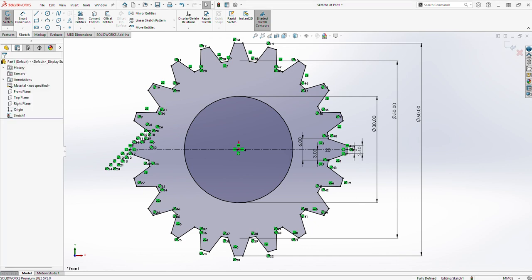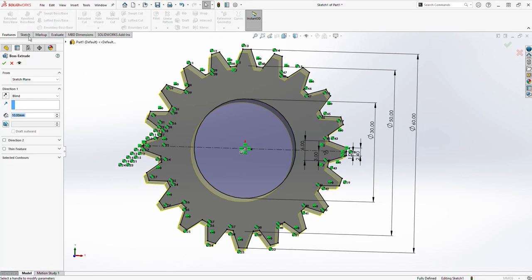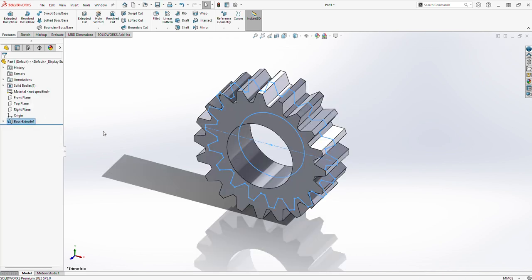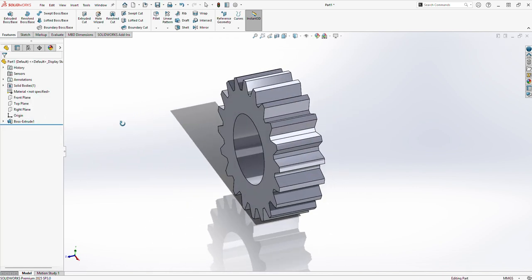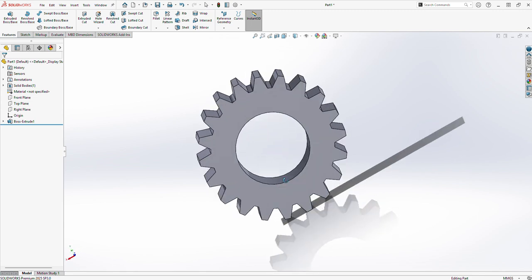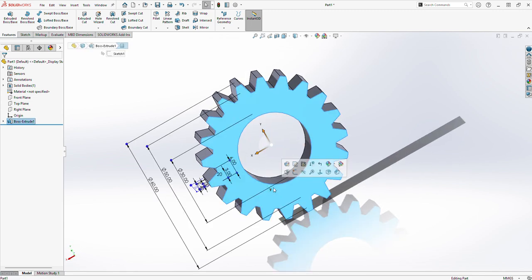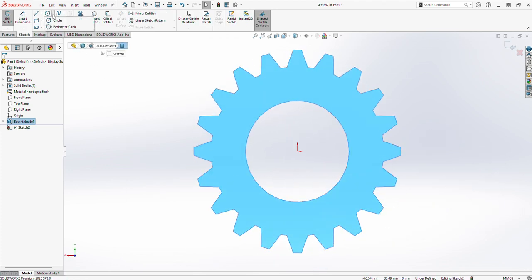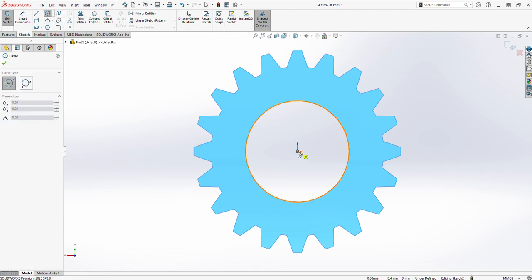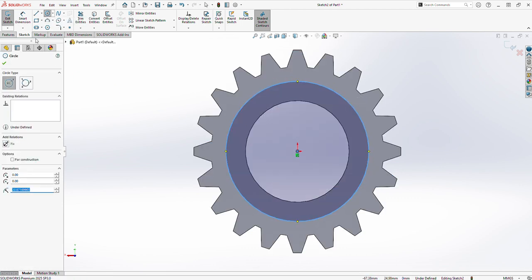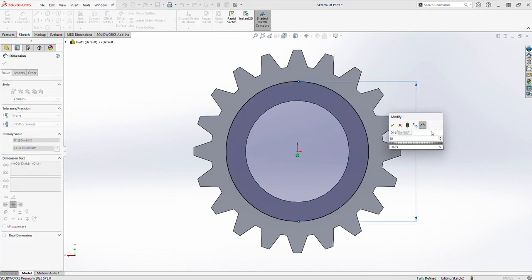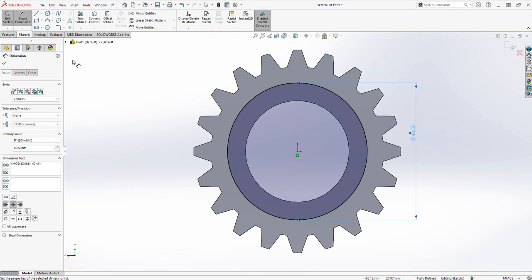and close this and go to features tab and select extrude boss, extrude it from mid plane and extrude it up to 20 and select OK. You can see here the teeth profile is ready and select this profile. Go to a sketch and create a 40.5 circle from origin. Go to smart dimension and make it 40.5